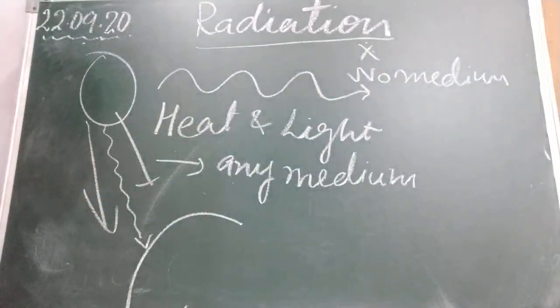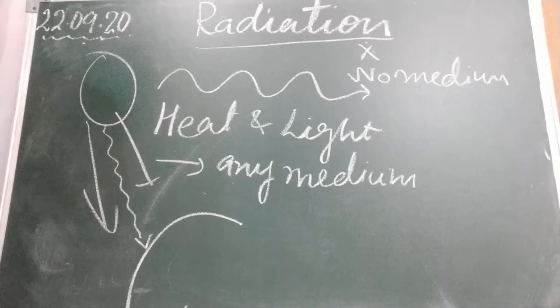So it travels like the light comes from the sun. In the same manner it comes from the sun to the earth. It can travel in the vacuum also. Children, all bodies give out energy that travels in the form of radiation. Like from our body, the heat moves out in the form of radiation. Okay. Energy from the sun reaches us through radiation, as I told you.